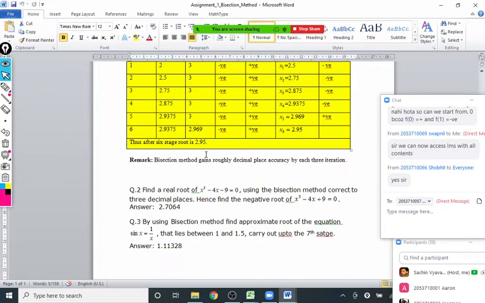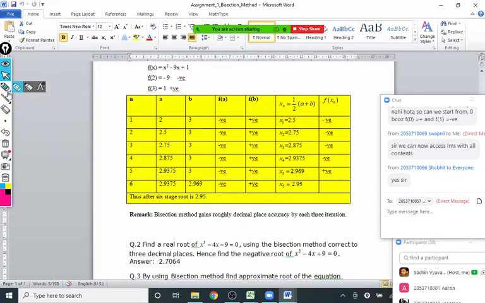In the bisection method, the maximum accuracy goes to 1 decimal. You will observe the initial root is at 2.5, then it comes to 2.75, still not accurate to 1 decimal. You move to the third iteration, still not a first decimal. To get first decimal accuracy, you require the fourth and fifth iterations, where the first decimal starts repeating. So it is a very slow convergent method. The bisection method is very slowly convergent.